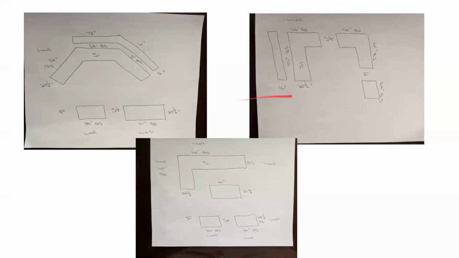Now we've got a couple other designs here that we're showing. So this is what we would describe as a U-shaped kitchen. And what we have are essentially two L-shaped segments separated by a stove. So this is a stove. The sink is located over here, and the fridge between these sections here. This does have a high bar. Now, I didn't note the outside length of the high bar, but there's no angles to this, so the length of the high bar is going to be the same as the sink